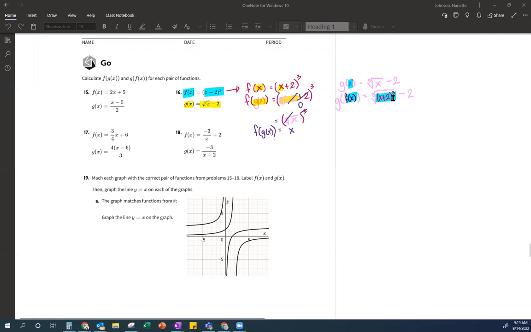So if you notice, the cube root and the cube will cancel. Right? So you're left with this x + 2 - 2. And you'll notice, oh, these make a 0, right? So now you're just left with x. So you should be thinking, oh man, I remember this, Miss Johnson. I remember you saying something when I do f of g of x and it equals x, and g of f of x and it equals x. So these two things together,